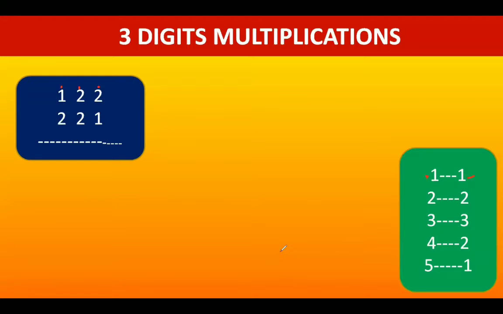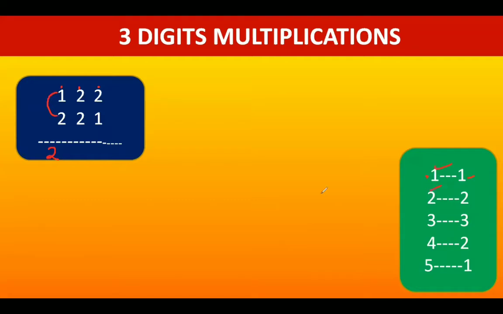See, 1, 2, 3: 1 column, 2 columns, 3 columns. After that, last 2 columns, last column. That's it. In a single line, you will get the answer. Let us do it then. First step, only the first column. This is the first column: 1, 2, 2. That's it. We completed the first step. How easy! It's taking less than 1 second.